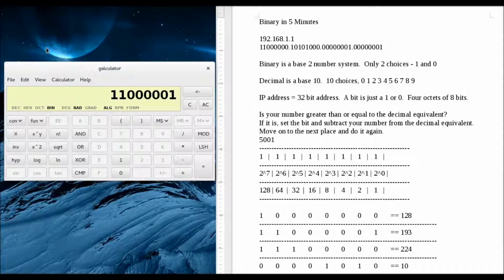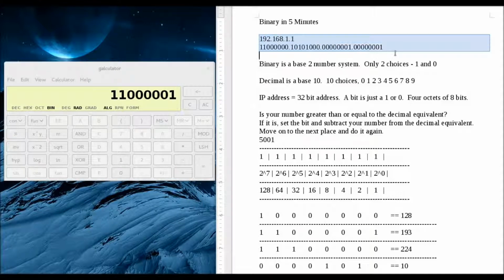So I have a couple earlier binary videos and they go through this a little bit slower, so if you're new to binary, check those out, and then once you're comfortable with it a little bit more, then take a look at this one. Now we're doing it as it relates to IP addressing,